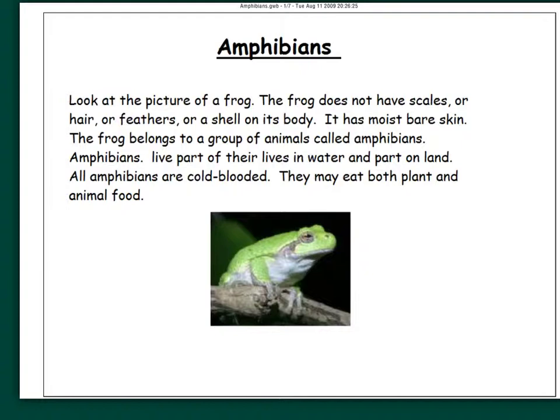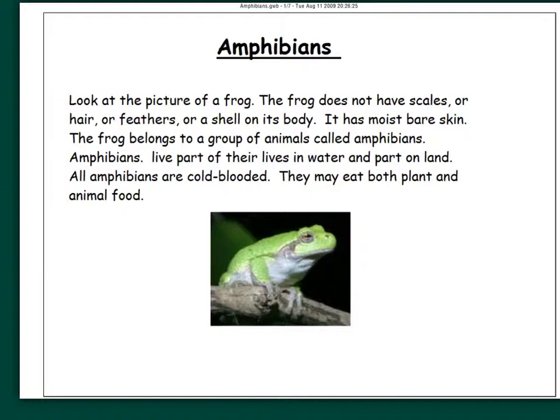Well, the frog doesn't have scales, doesn't have hair or feathers, doesn't have a shell. So we can already deduce that this is not a reptile because it doesn't have scales. It doesn't have hair, so that means it's not a mammal. It doesn't have feathers, so it's not a bird. Okay? It has moist bare skin, and because it has moist skin, the giveaway here is that it belongs to